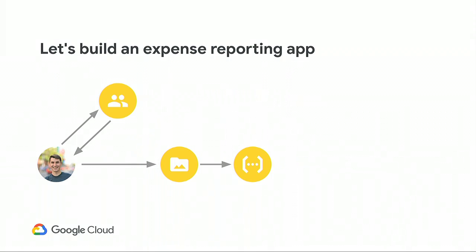So whenever an object is dropped in my storage bucket, I can trigger a function. And I'm not a super savvy developer, so I'm just going to call the Cloud Vision API. I'm not going to write my own OCR or any of that. I'm just going to let Cloud Vision OCR it. And my function will get the response, look for the largest dollar value on a receipt, and then write that